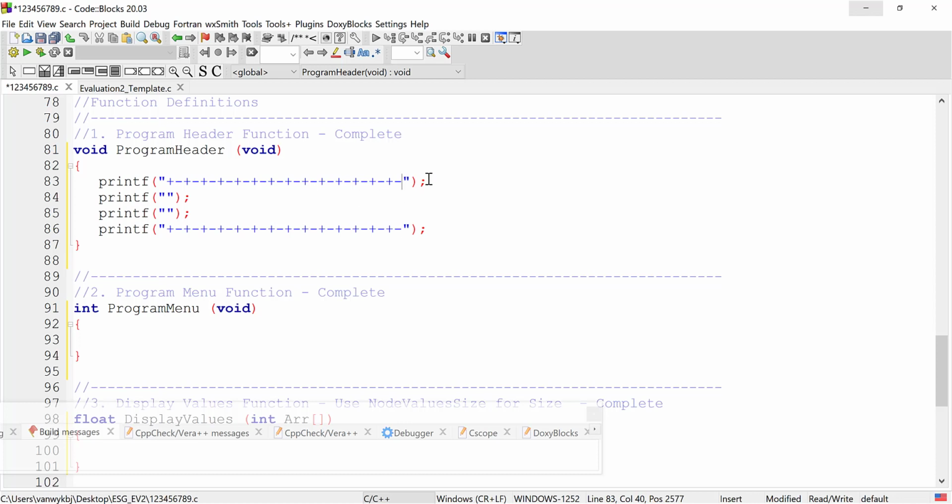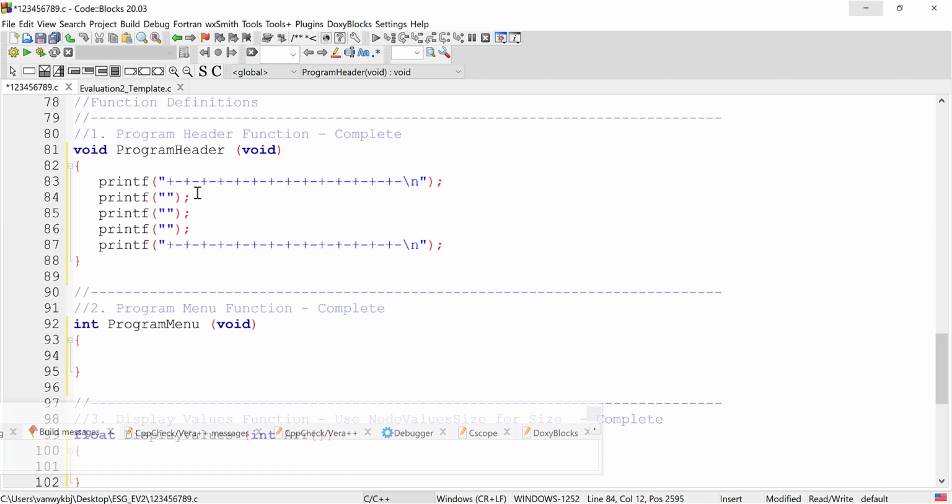Then we just need to remember a new line, and then there is an extra printf. Okay, I was correct. It's going to be a straight line, and then down a plus, and then a straight line,